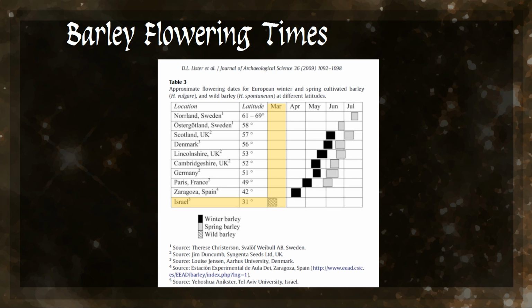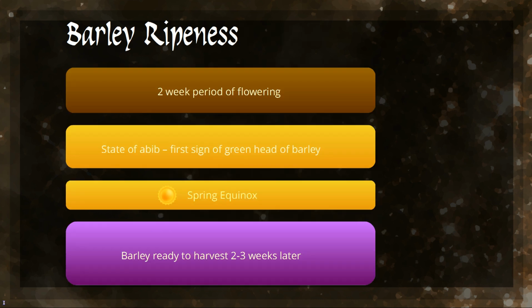After meeting these two internal requirements, the barley enters a 2-week optimal flowering window. In Israel, located at roughly 31 degrees latitude, wild barley flowers for a 2-week period in early to mid-March. Just 10 degrees further north, for example in Spain, the winter barley flowering occurs in mid-April. These particular characteristics of barley can be relied on as an extremely precise calendar trigger point, which is specific to a relatively small geographic area.